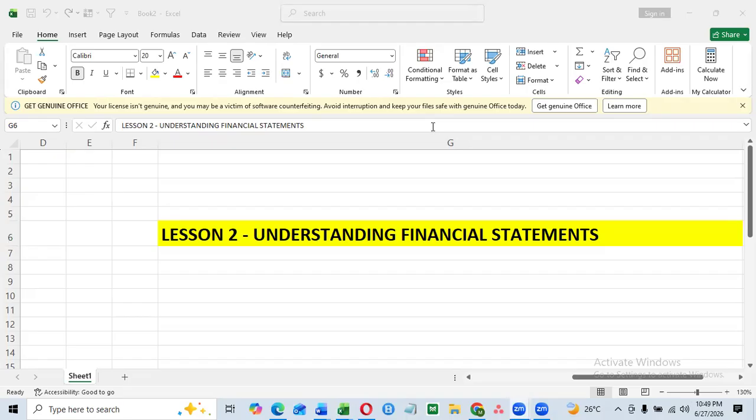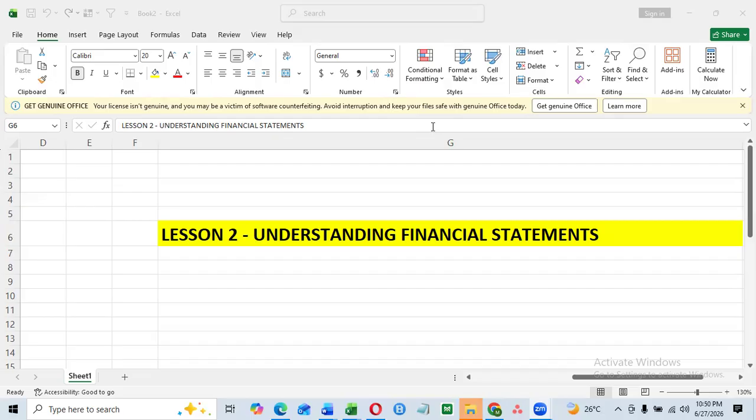Last class, I asked you to identify the top 3 financial risks facing LagoSmart, and I want to hear your thoughts. Now, in today's lesson, we are going to look at exactly how these risks show up in financial statements. Because